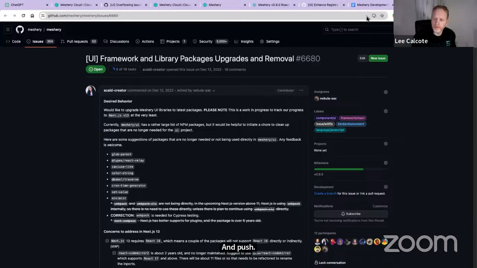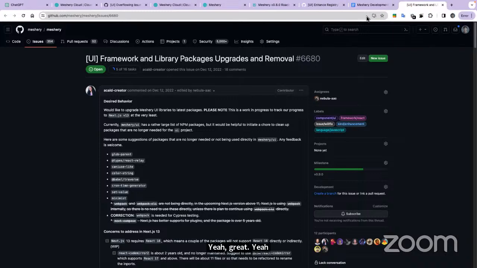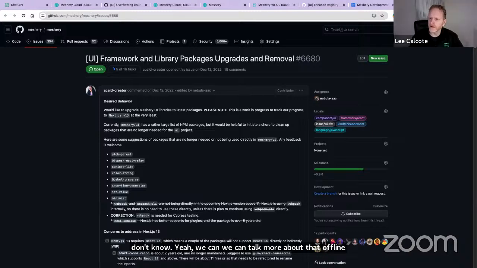Yeah. I mean, most of the time we'll be doing patch releases anyway, and anything major we'll just plan for that, and then maybe do a separate one. I don't know. Yeah, we can talk more about that offline. Okay. When you run the version command, you have to specify the level, huh? Not just the version number.